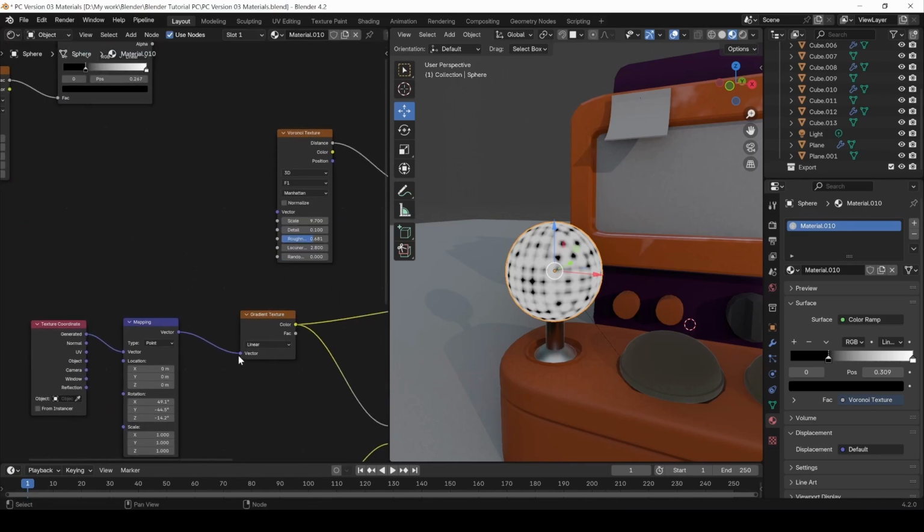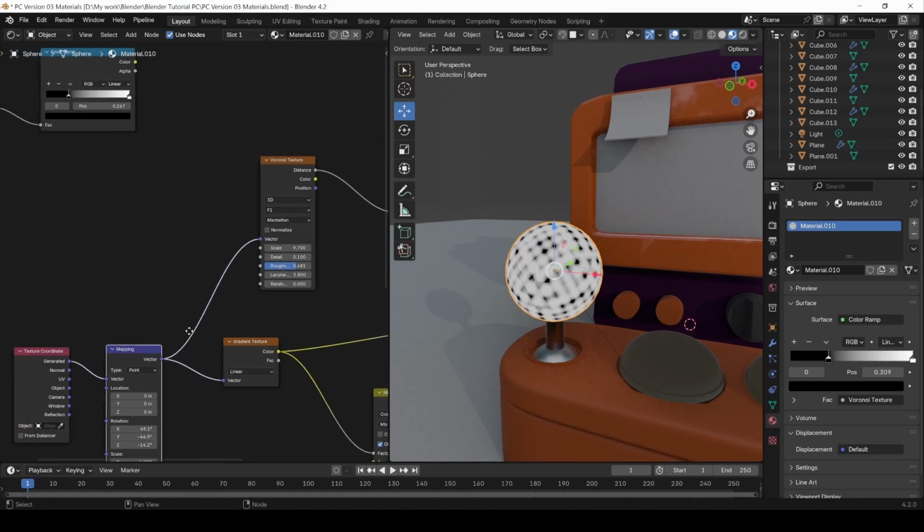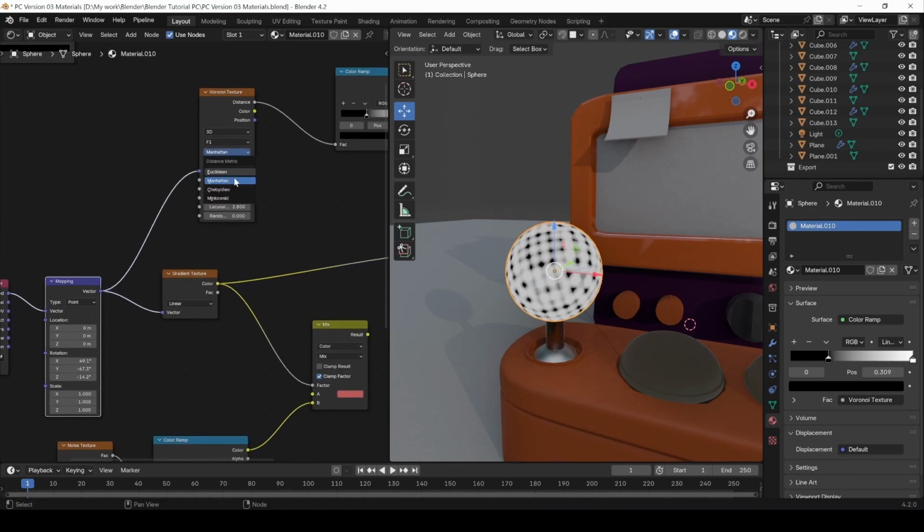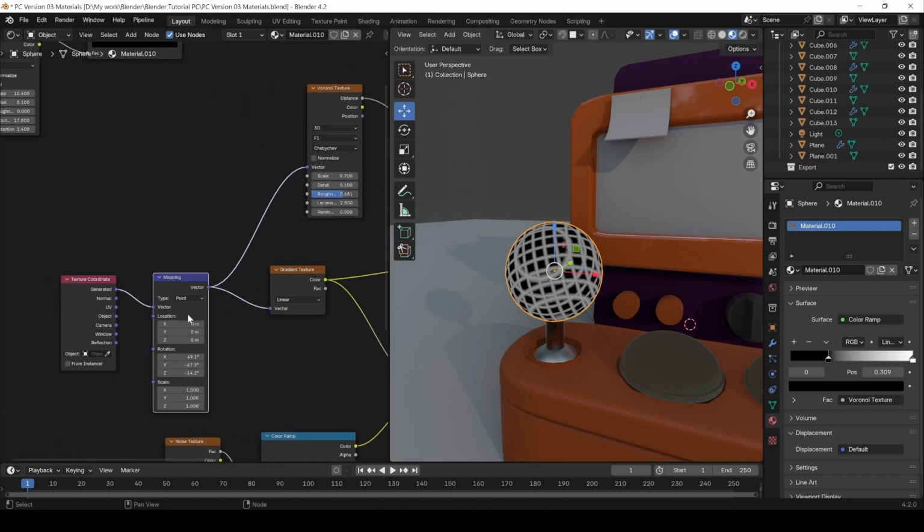But if you do this, let's take this and just connect it to vectors too, it will actually be following this. So if you change this, it will change it. You can control it the way you want. Okay, you can actually just go to this and make it like these lines, or you can go to this one and make